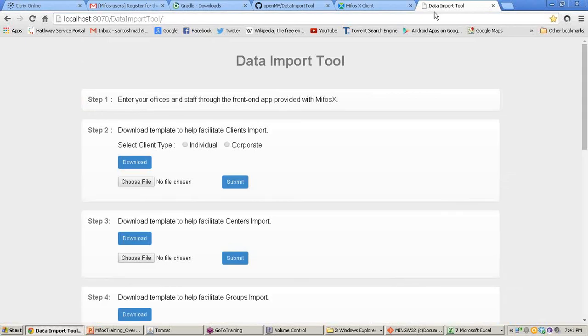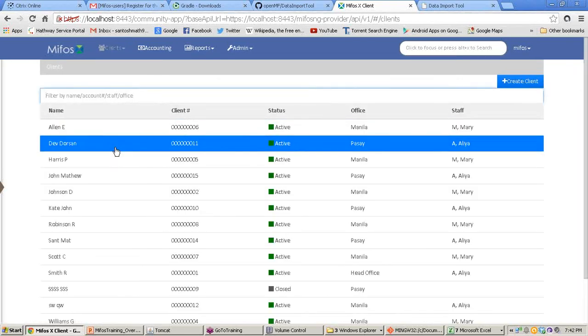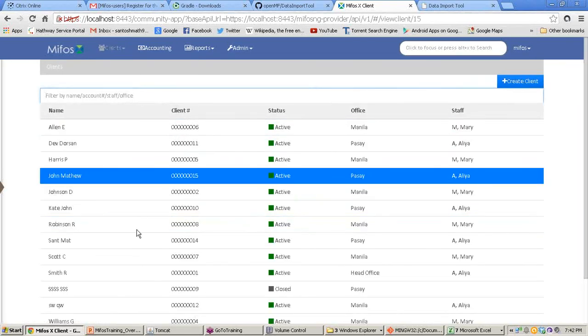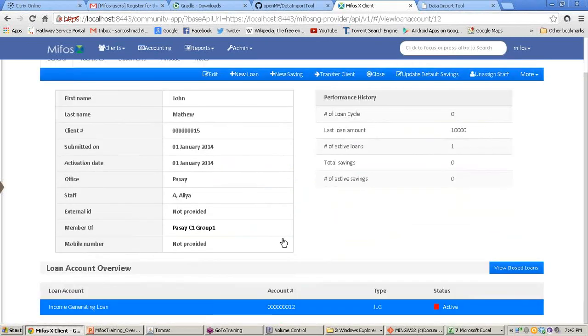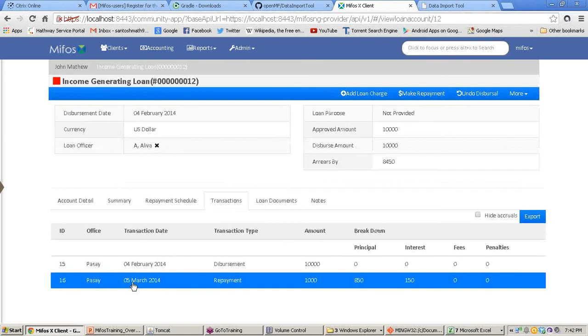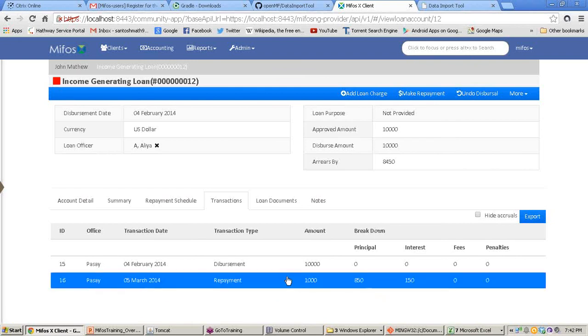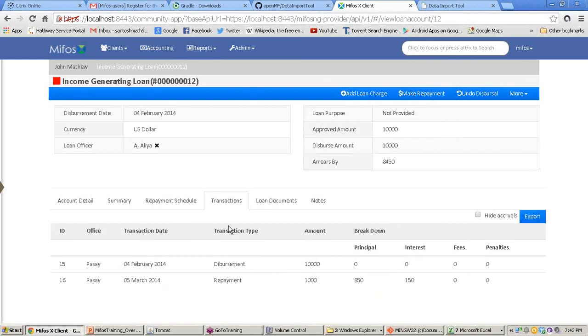Go to the clients, John Matthew, and check his loan and transactions. Here you can see on 5th March he has repaid 1,000. Out of that, 850 is the principal and 150 is the interest. It is instantly updated once the Excel sheet is uploaded using the data import tool.